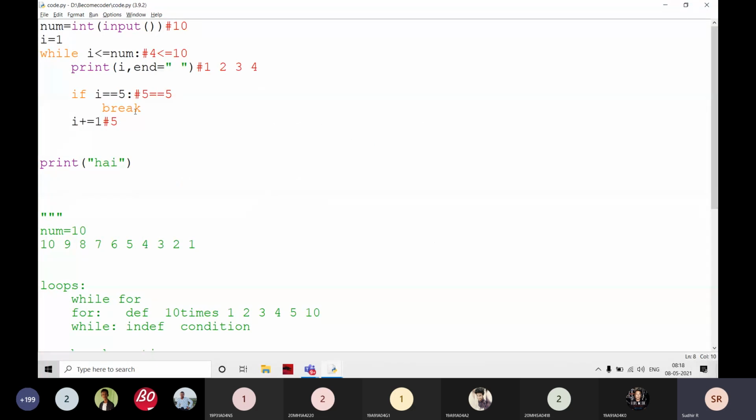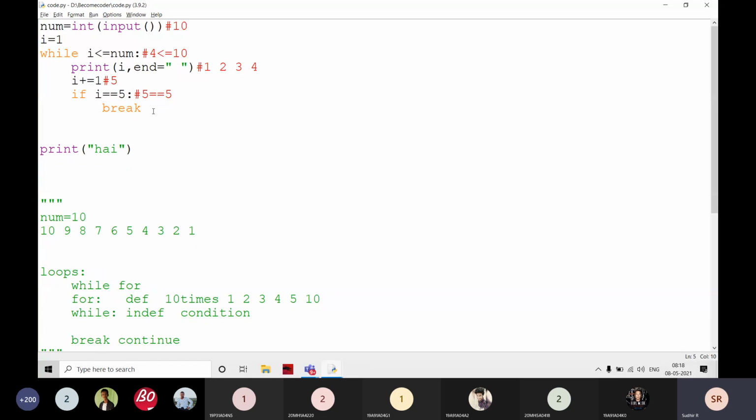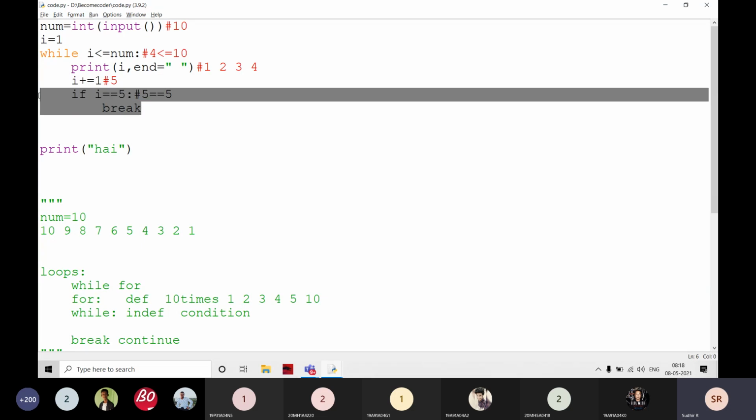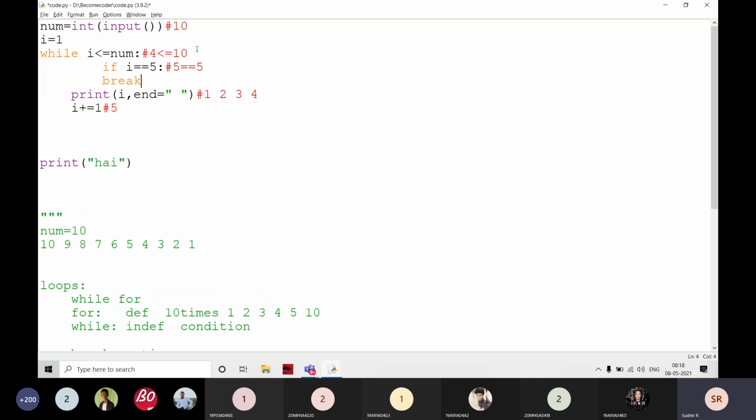Any other students? Is there any other solution here? If condition. For example, students, I'm going to ask you, what is the output here? 1 to 4 high, sir. 1 to 4 high only.